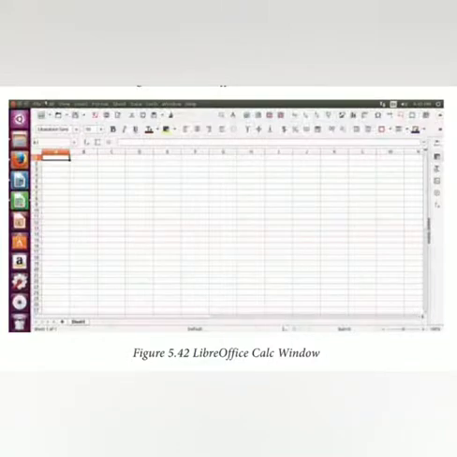The next one is LibreOffice Calc. This icon will open the LibreOffice Calc application. It is similar to Microsoft Office Excel in Windows. See the screen. This is the LibreOffice Calc window. The screen is only in table format. The top one is the title bar, and the menu bars are also used. Below, A, B, C, D are the cell names. On the left side you can count the numbers, and at the top you can see the English letters. This is subdivided into rows and columns.